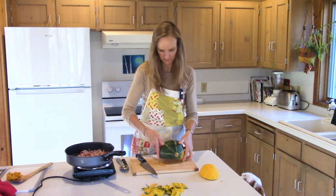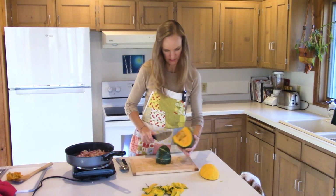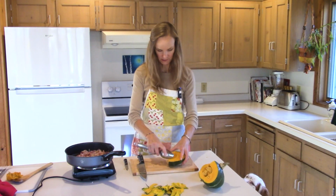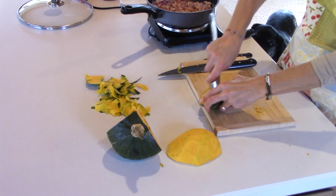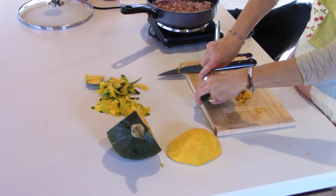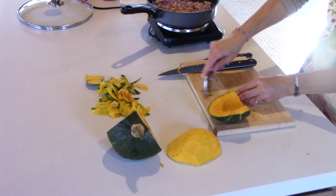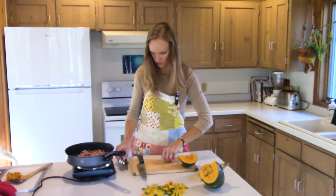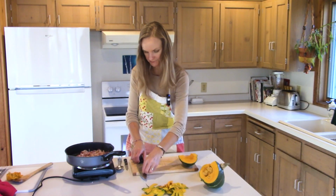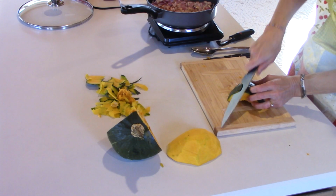So, and that's not going to be enough for me. So I'm going to cut it again and then do the same thing a little bit more. And then I'm going to kind of stop. Because again, like, I don't always measure this one. It's all about how many people I'm feeding and how much stuff I want to make, I guess, you know. So now this one, I'm going to kind of cut it off